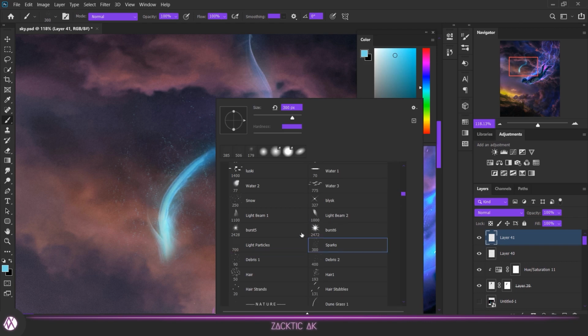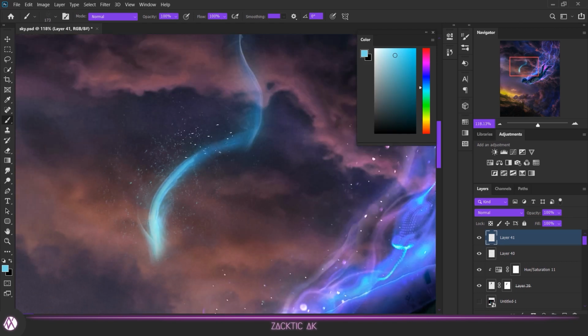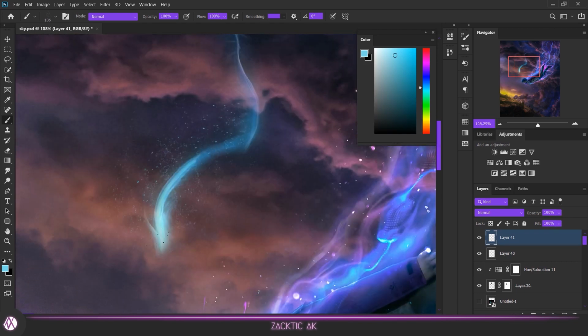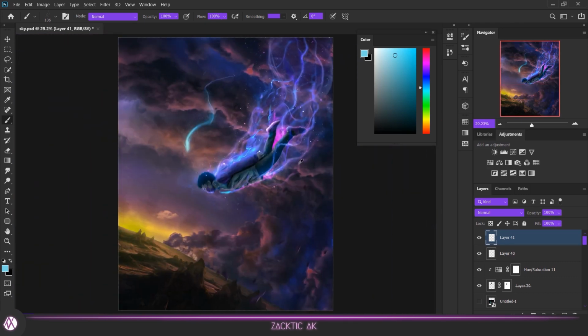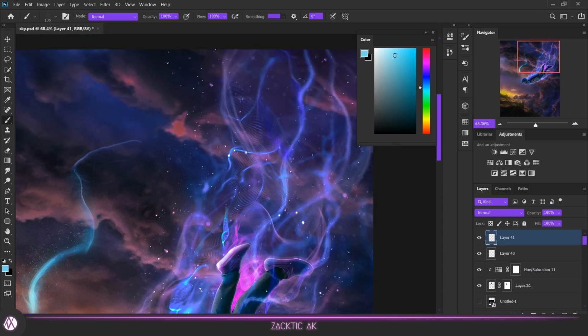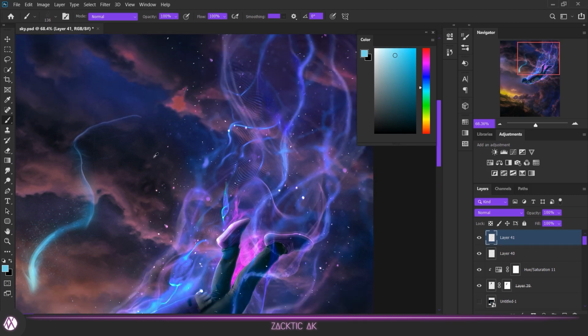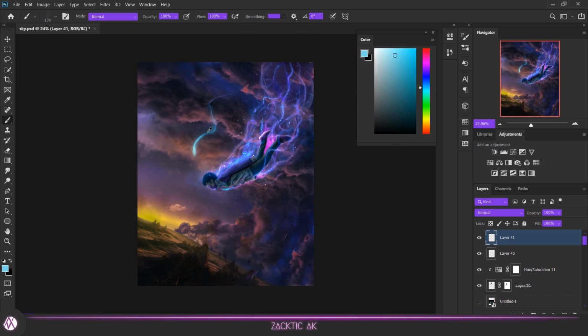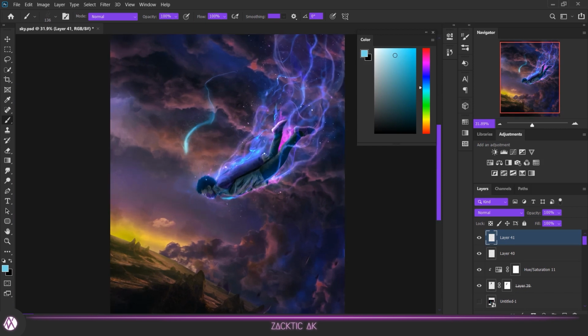And finally we have to add a few particles on our image and that's it. Now it took me approximately 6 hours to create this artwork. It was a hell of a lot of work and I had to repeat the same technique again and again. So it was a bit difficult for a mouse user, but the end result is in front of you.